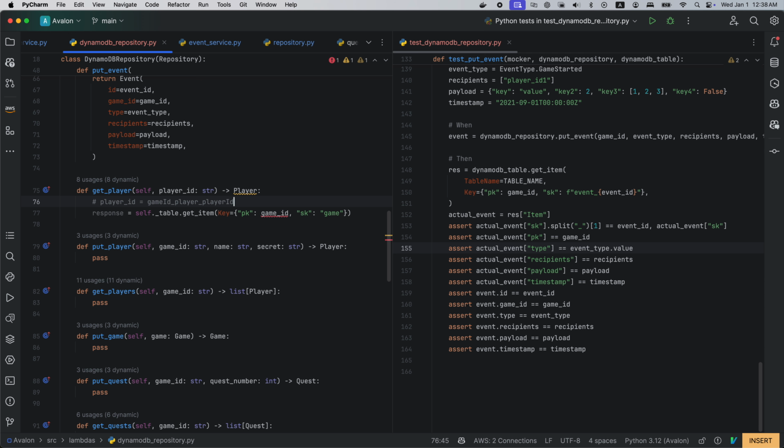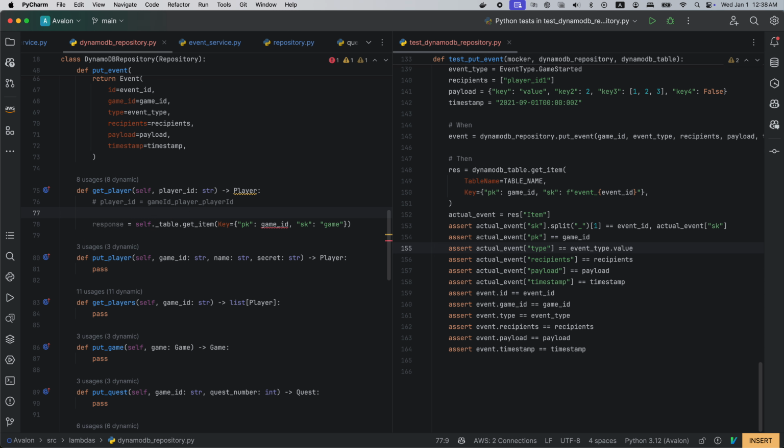Okay, so now we have to split. Game ID, player ID equals to split.